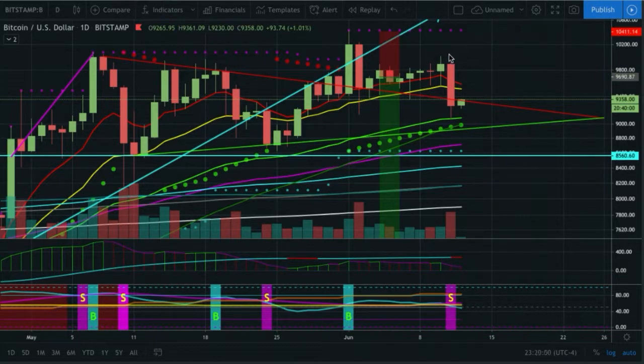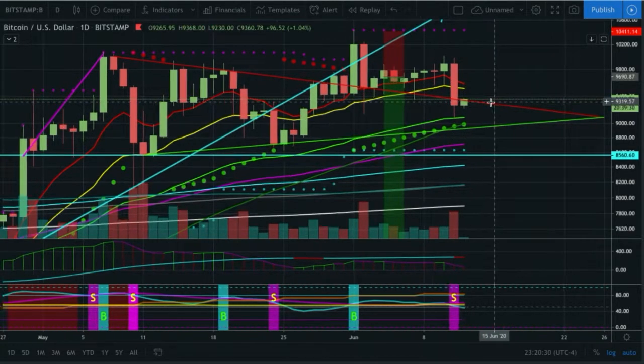Alright, so we got the dump. It came down exactly to the 50 exponential and got a nice little bounce back up. I would expect us to get a move back as high as the 21 to retest the breakdown. That's going to be about 9,500. And essentially that's going to be the cross between our 8 and our 21 to the downside, essentially confirming